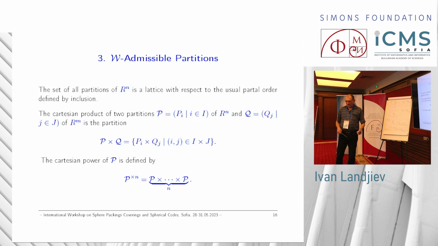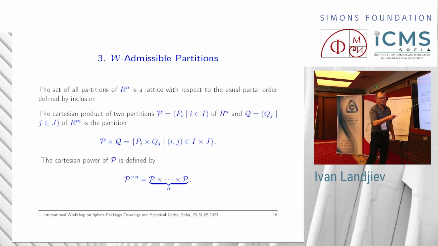The smallest element is the partition of the ambient space in which every single element is a single element in a group. And the largest element in this lattice is where we have just one group of all the elements. This is the complete one. And all the partitions are ordered somehow. A partition is bigger than some other partition if the smaller one is a refinement of the big one. Okay,